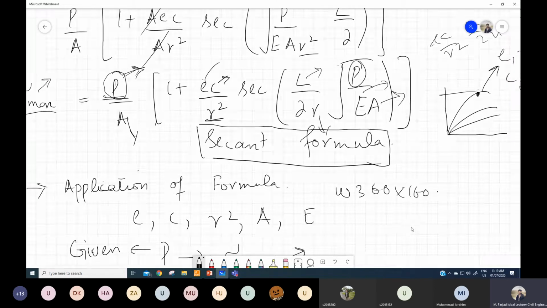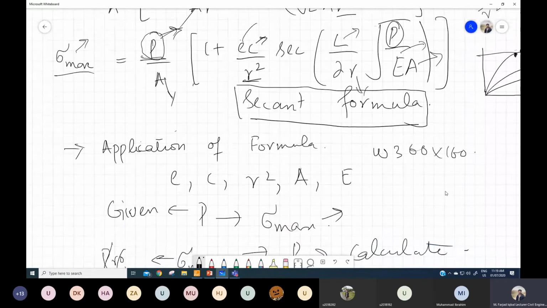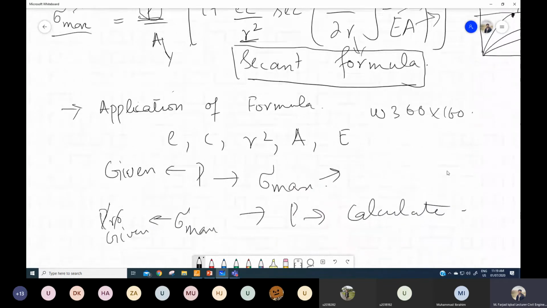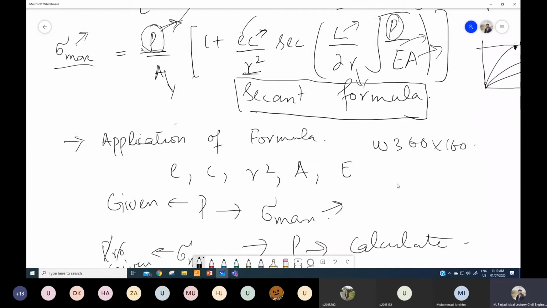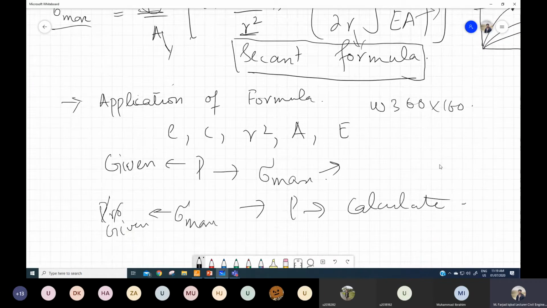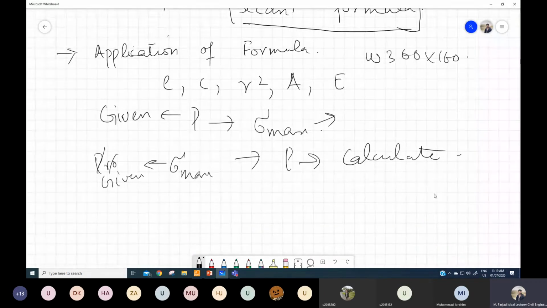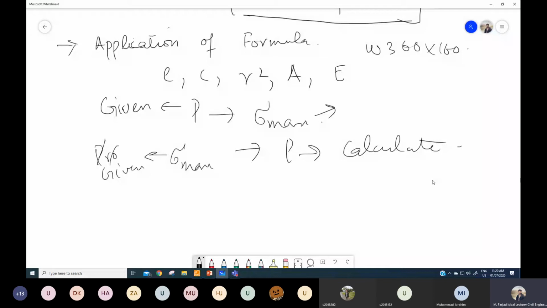Again, I'm telling you to try to update your calculators if you are using the old one, because you are definitely going to need a fairly fast calculator. Even in the calculator, if you substitute this type of equation, it can take 4 or 5 minutes to give you the answer. So try to update your calculators so you can get the answers quickly. So these are the two basic applications of this secant formula.